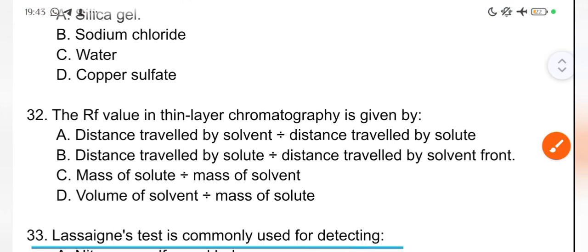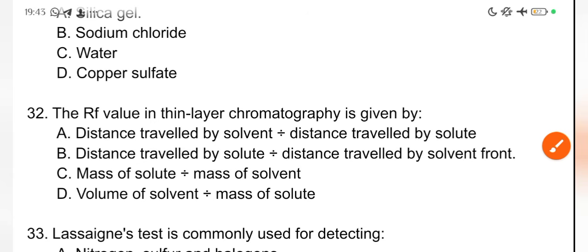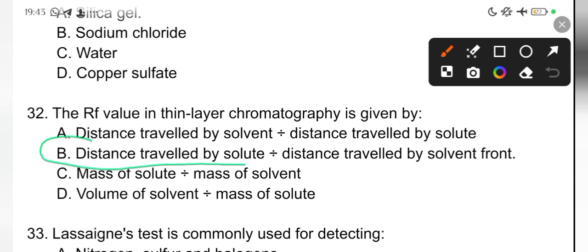All right. Now moving on, the Rf value. Rf value is a very important concept. The Rf value in thin layer chromatography is given by the distance traveled by the solute divided by the distance traveled by the solvent. So chromatography has to do with ink, color, dye, separation of dyes, right? And this thing travels, so it uses speed. So we use the speed to separate it. So now how do you get the Rf value? In fact, they will not tell you to solve Rf values.